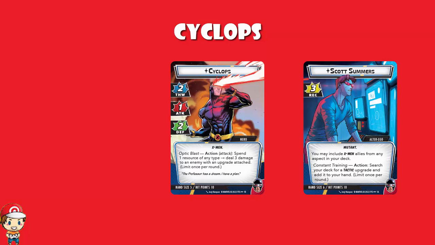That's what happens. But you've got Optic Blast, an action attack, spend 1 resource of any type, and deal 3 damage to an enemy with an upgrade attached. And 3 damage, 1 resource, yes, that's really good. That is very consistent, that is very efficient. We like this. Now, my first thought when I saw this was, well, it's not going to be all that good all the time, because let's face it, it's not like they always have upgrades attached. And that's true,